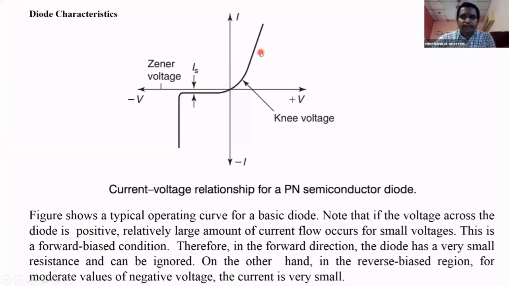See this in the first coordinate. In the first coordinate, this is the forward biasing. On the x-axis we are taking voltage, on the y-axis we are taking current. Initially at 0 voltage in forward biasing there is no current flow because we are not supplying any voltage. Now we are increasing the voltage. Initially the current increases only slightly, up to what voltage? Already I told, what is the potential barrier voltage? 0.7 volts for silicon semiconductor, 0.3 volts for germanium semiconductor.